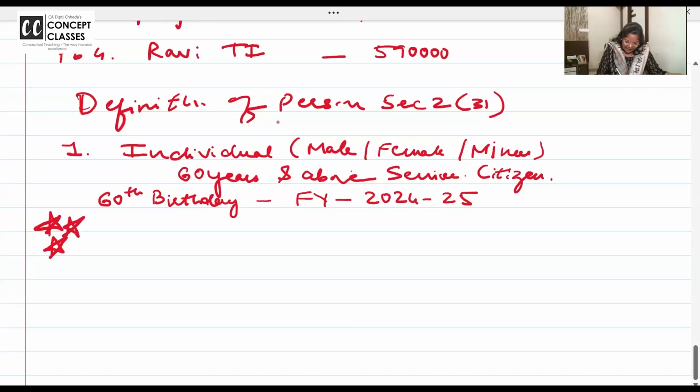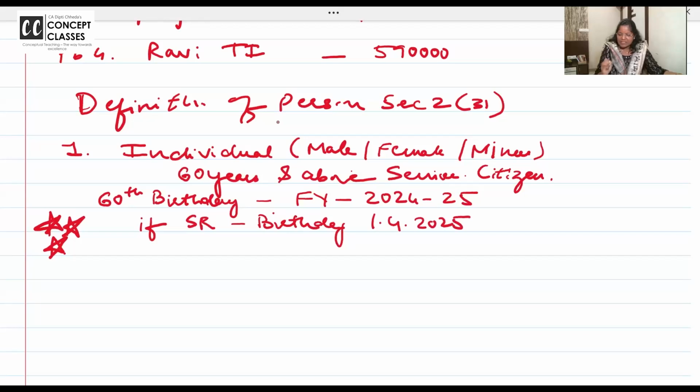So now they have given a clarification in income tax. I want you to write this and feed it five-star, KitKat, this is how it comes in the exam. Write: if the senior citizen's birthday is on 1st April 2025,